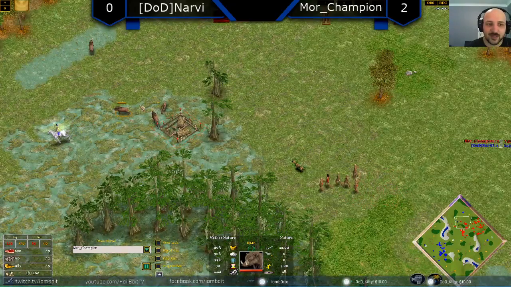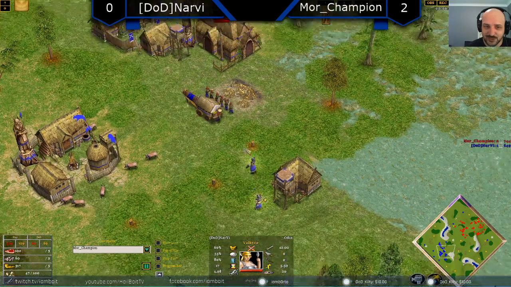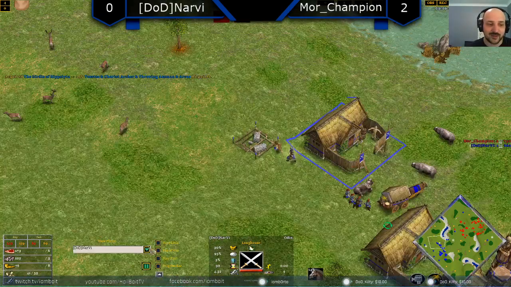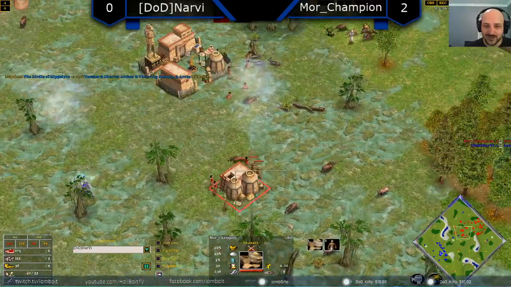Villagers moving forward now, going to be trying to get onto this boar. Unfortunately, the Valkyrie leaves that location just as the villagers move to it. Could have been a little bit of nice harass, but not getting that one just yet. Some raiding cavalry are pumping out now for Narvi. I don't see this very often from Odin players in this matchup. Normally we're